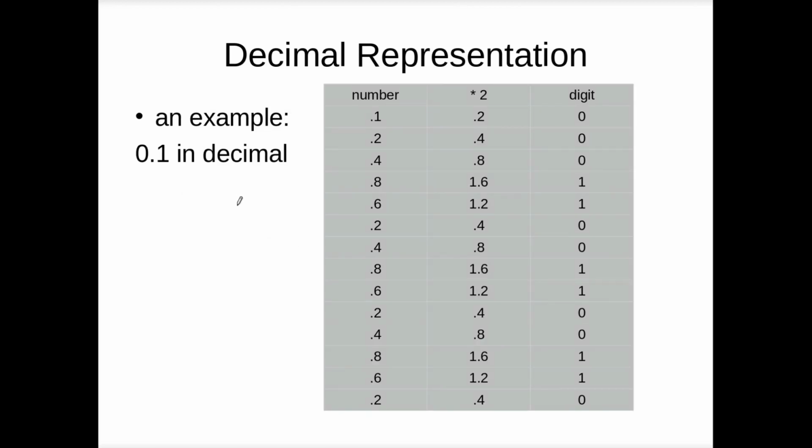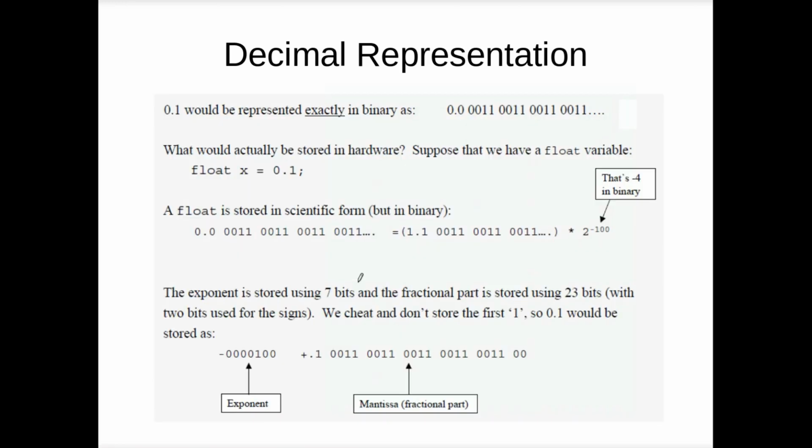And so, for example, I want to store the number 0.01 in decimal. So the number is going to be stored as on the right here, 001100110011. This is basically going to be the basic representation of the number. So what we want to do is store the number, so we're going to convert it into scientific notation. We want to pick basically the first significant digit, which is the 1 here. And so we're going to convert the number into